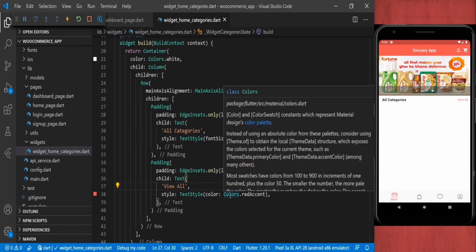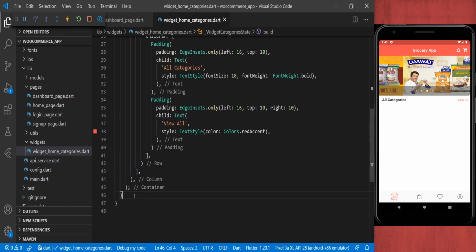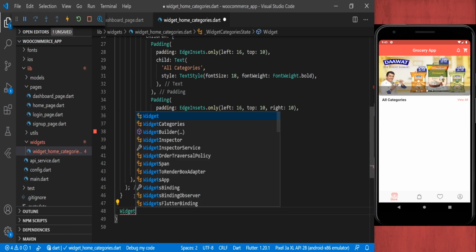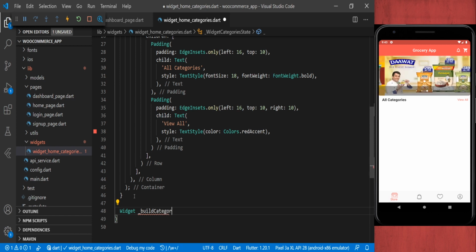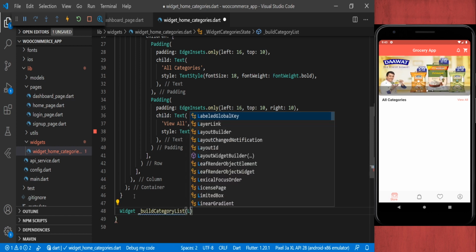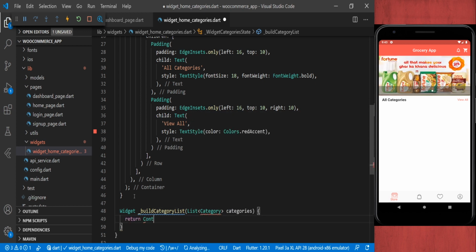So now we will use the future builder to fetch the data from the API, and we will show it in the list view. So here we will create one widget, that is widget underscore build category list, and here we will pass list category. Now here we will use the container.